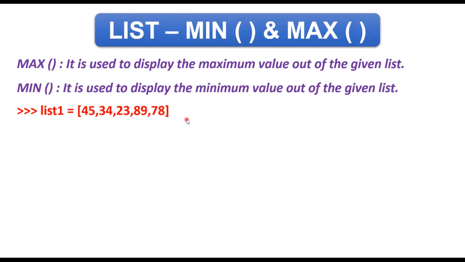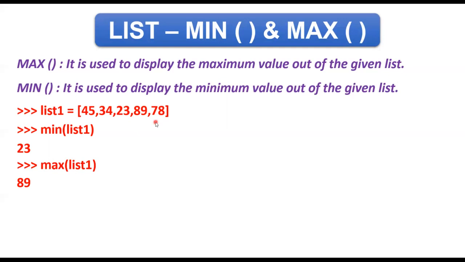Now all are the integer numbers. Now we are going to find out the minimum value out of the given elements. So I'm getting the result as 23. So what is the syntax for the same? Inside that min function's round brackets, I am passing a variable list1 which is holding a list of elements. And it will give me this output. Similarly, if I apply max function onto the same list, then I'll be getting the maximum value out of the given elements.